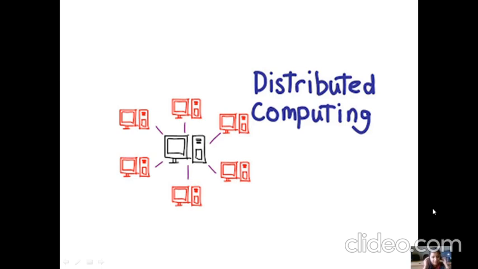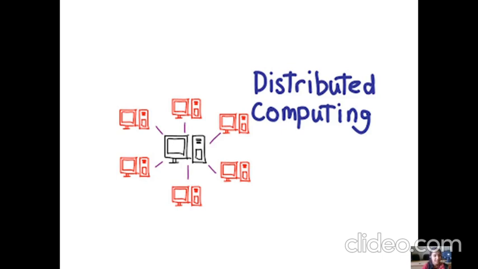There's one central computer here to which all other computers are connected, right? These neighbor computers do not have attachment with their neighbor computers, so they are not sharing any resources with them. They all share their resources with the central computer. They don't have attachment with their neighboring computers.